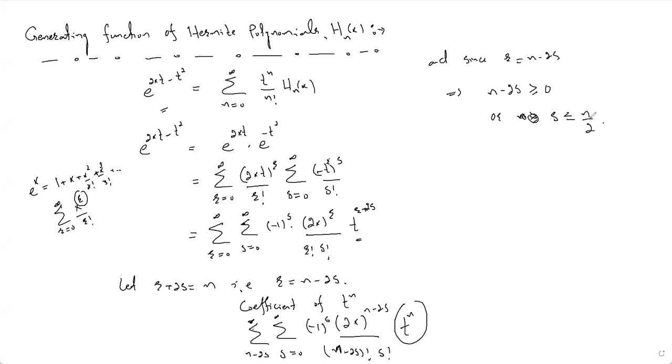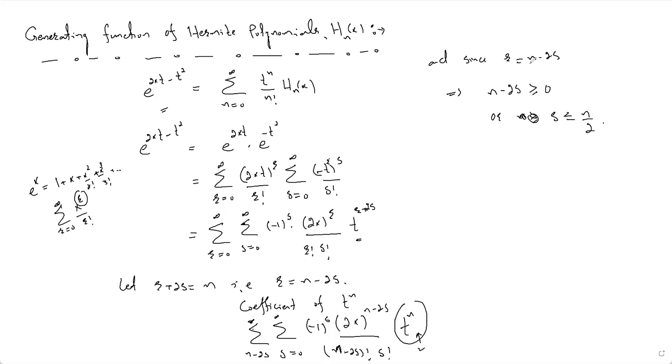So s can never be greater than n, it is always less than n by 2. So this is important here. What I am saying, I'm repeating it: the total value of the series power n is obtained by considering t raised power n, summing over all the allowed values of these s. Whether s will take 1, 2, 3, 4, whatever the values we have, all the allowed values of s.